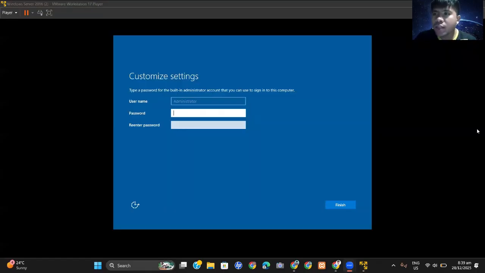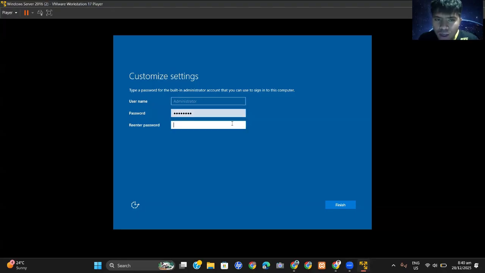So now, after the installation is done, we need to set up the password for the administrator, since the common username for the server is Administrator. For the password, we use the common password, which is CSS at 2025. So you can check it here.